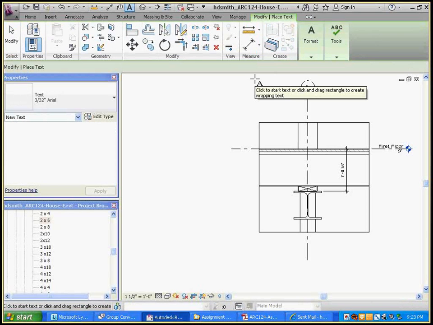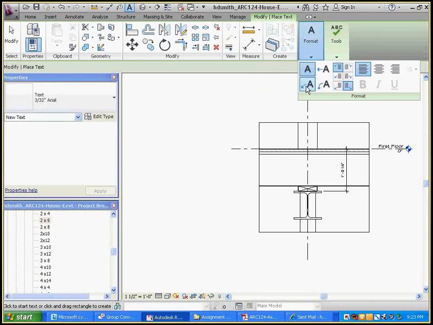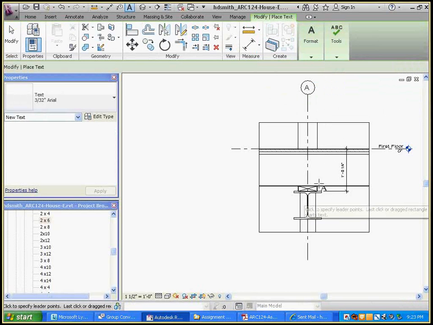Once you go into the text command, you can do a 2-segment leader, 1-segment leader, an arc leader, or just text without any leader. So I use the 2-segment leader. And then I can point to that and say 2 by,